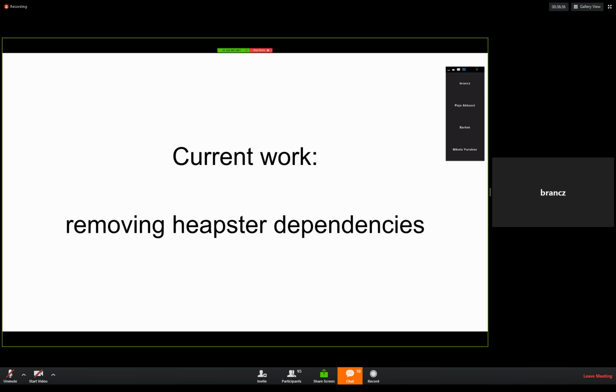And something else that we're sort of in the middle of doing right now, that we've already started doing, but there's still some work left to do. So we're in the process of phasing out Heapster. There were a couple of architectural problems with Heapster.